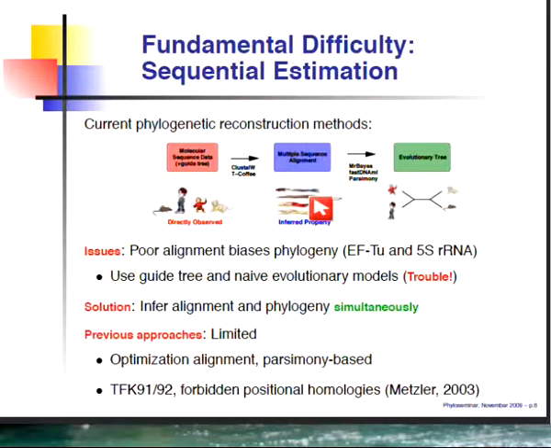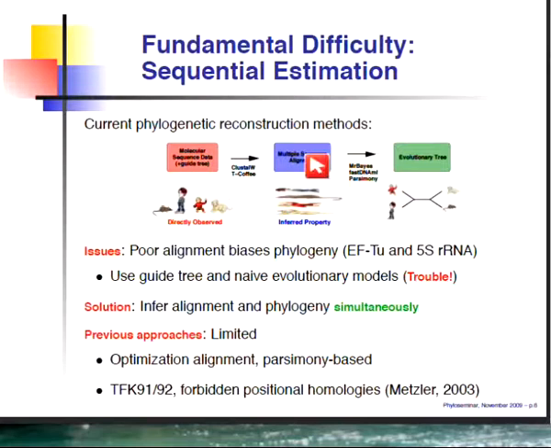Now that's a rather spurious conditioning, because you're conditioning on something being true where that something doesn't really even exist in nature. So if we condition on the alignment being true, then we've developed a huge number of methods and spend a huge amount of computational time deriving a probability distribution or point estimates of the unknown tree given that inferred property.